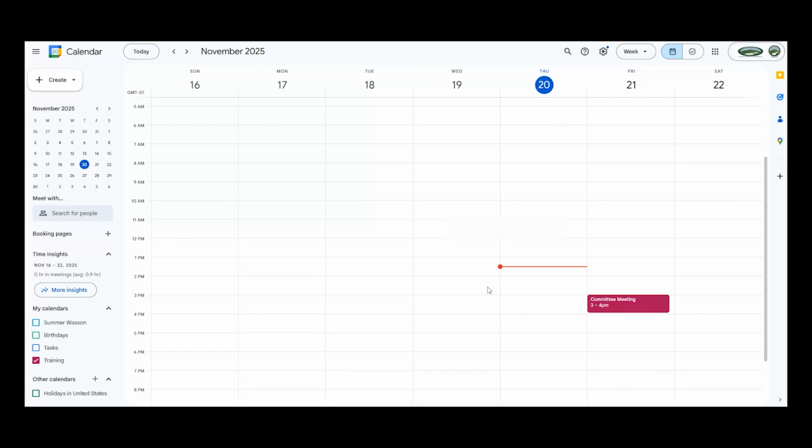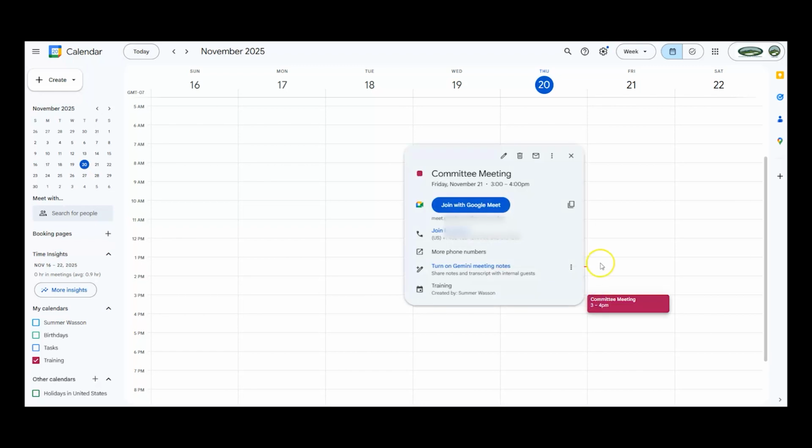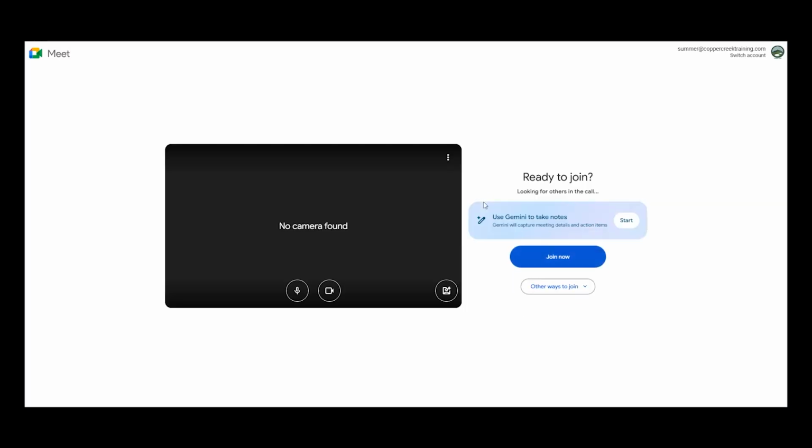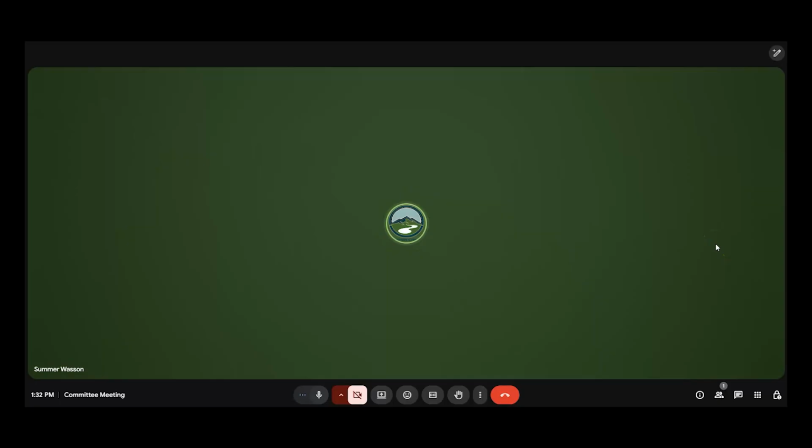So I have the meeting already scheduled on my Google Calendar. And within that meeting, I've already added a Google Meet. You can join these meetings ahead of time to set up your polls. So I'm going to click to join. Now that I'm in the scheduled meeting, not the live meeting,